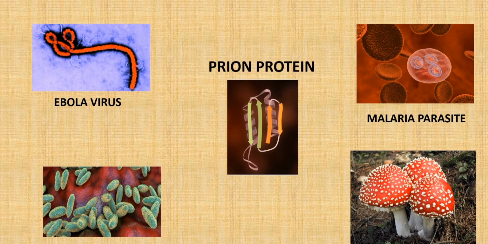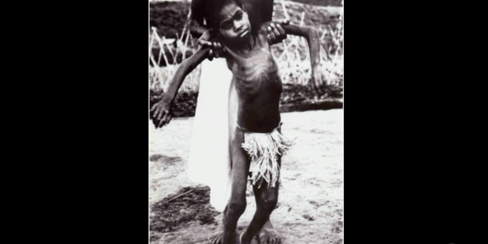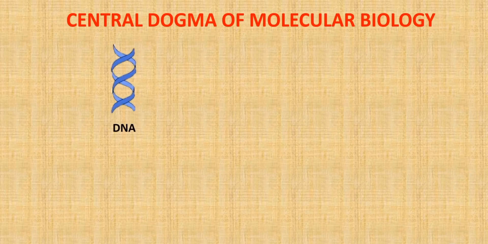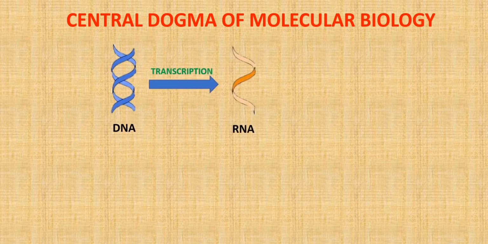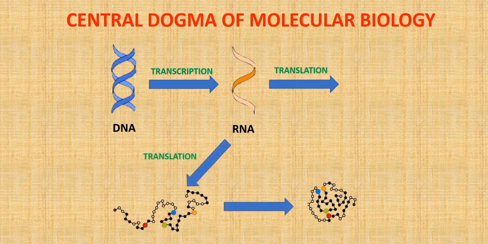Now, how does prion disease occur? Okay, the information in your cells is carried by DNA molecules that can be transcribed to RNA, which is then used to make proteins. Now, on translation of RNA to form amino acids, which then form protein, some amino acids misfold, which can result in the occurrence of different diseases.